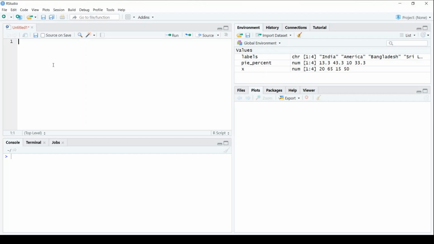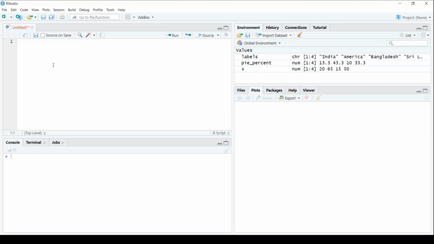Additionally, there's a syntax for drawing a pie chart with some data values. We'll take some values which will be sliced and displayed in terms of a pie chart, right? So we have x as our vector, which contains the numeric values present in the pie chart. Then we have labels, right? We need to give some description of the slices we have divided the entire data into. Then we have the radius of the pie chart.